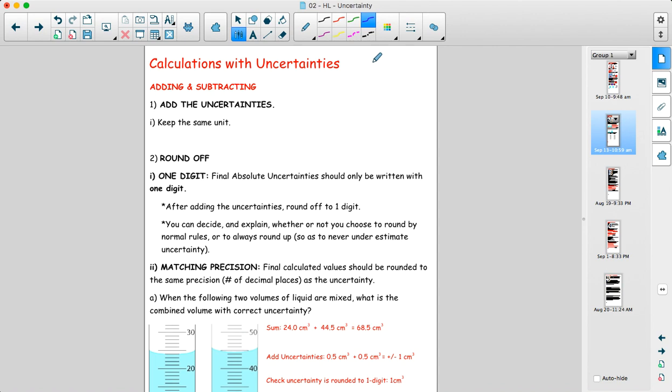So this video is going to go over the main two kinds of calculations that you'll do with uncertainties in order to carry them through any sort of calculation result you're doing with lab results or with numbers given to you on the IB exam. So the first thing is when you are taking two values and you're adding or subtracting them together,